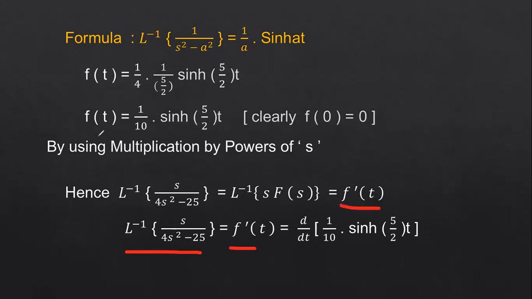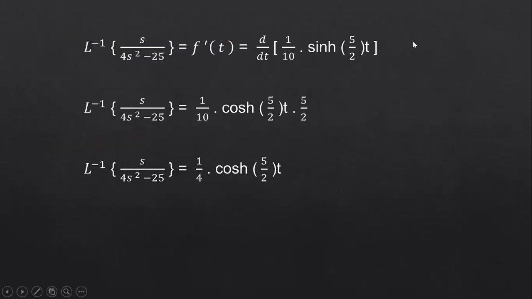What is f of t? That is nothing but this one. F dash is nothing but you have to differentiate this function, 1 by 10 sinh of 5 by 2 into t. So differentiate this one. 1 by 10 is a constant, it should be taken outside, 1 by 10 into the differentiation of sinh at. So if you take the differentiation of sinh at,